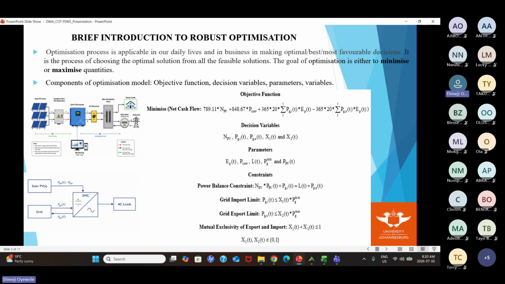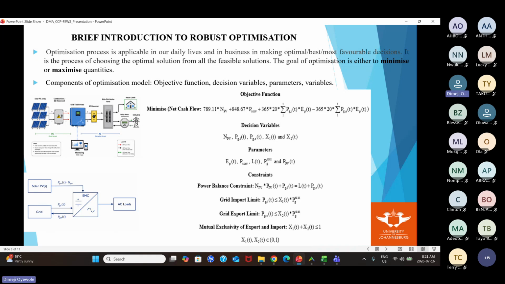They are the ones that you put into the model, like the cost of components, the prices of this, and stuff like that. Now, when you are doing uncertainty modeling, it is the parameters that are subjected to uncertainty, not the decision variables. It is the parameters. So when we go deeper, we will understand better.